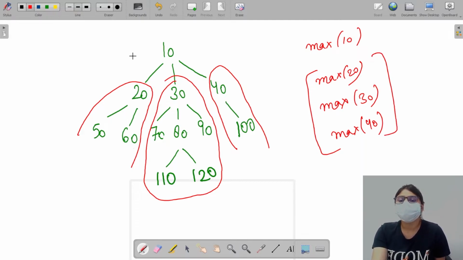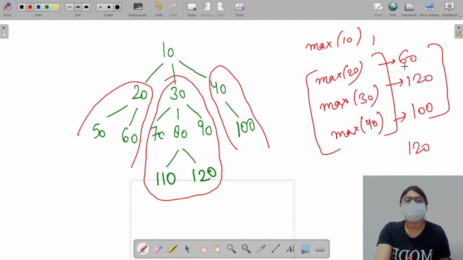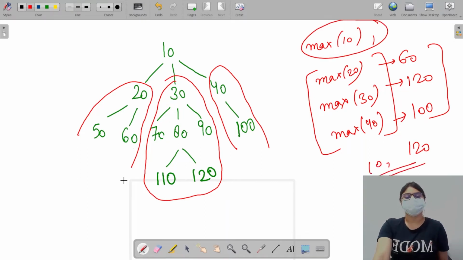This subtree will return us 60. This subtree will return us 120. This subtree will return us 100. And we just have to compare all these three. We get 120 as the maximum from these three. We'll just compare it with our data and we get our maximum value.